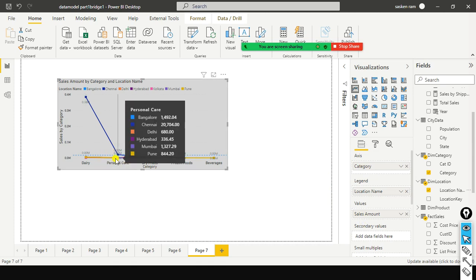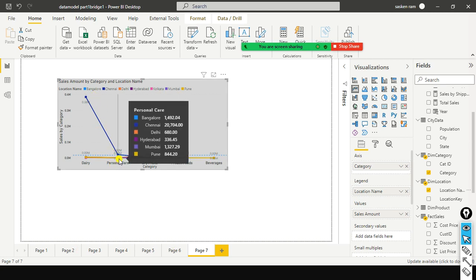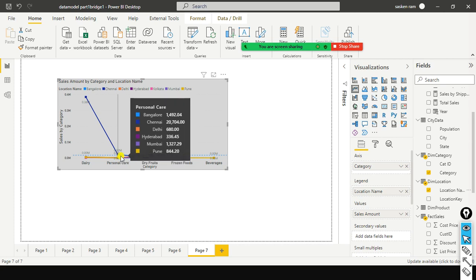When you hover the cursor here, this is called tooltip, the squared one, the black colored squared one, it will give you more contextual information. Just by visualizing this itself, sometimes it is not much helpful. See, it will be cluttered, right? In this case it is cluttered, difficult to make out which city, how much we made. Just when you keep the cursor on this dot, this one is very much helpful, the tooltip. It gives you the detailed information. Bangalore, how much sales we made, Chennai, how much sales we made, and this is called your tooltip. Okay,